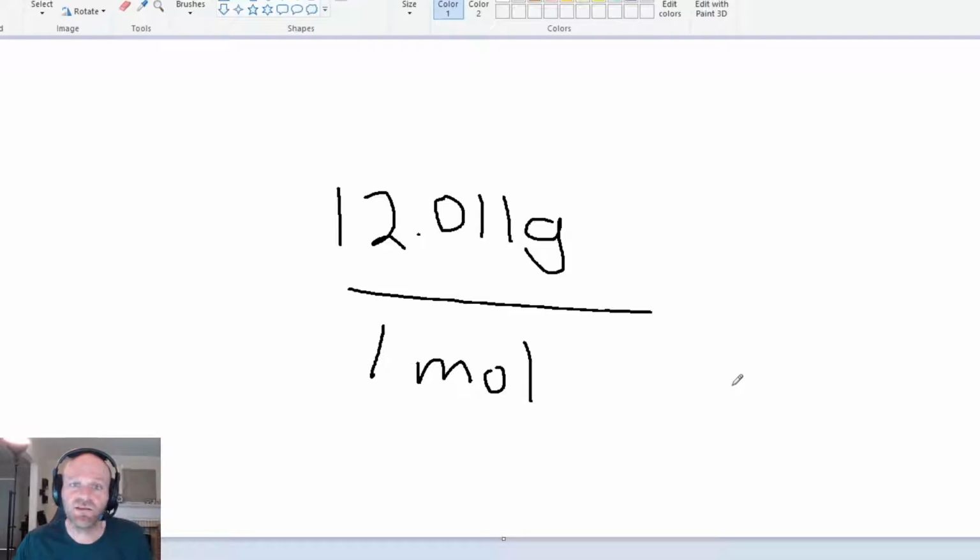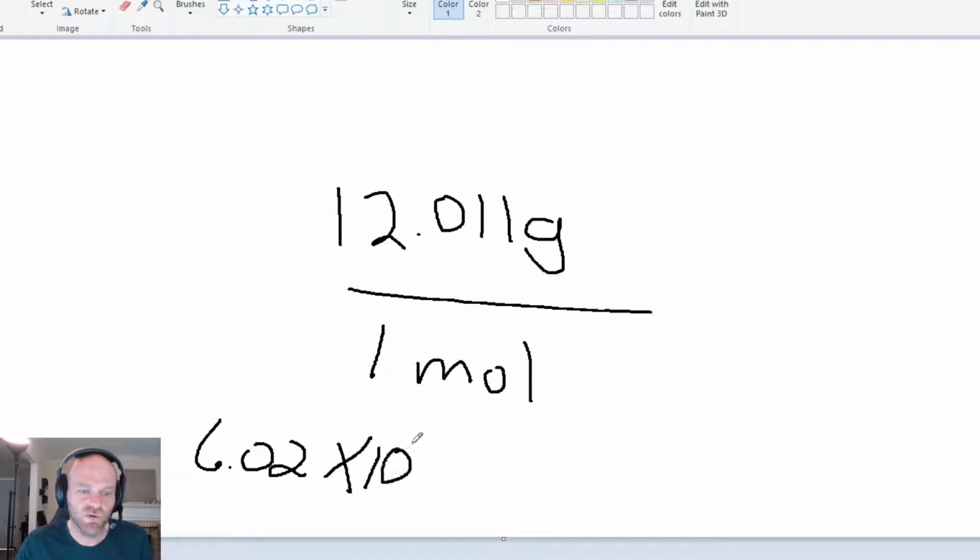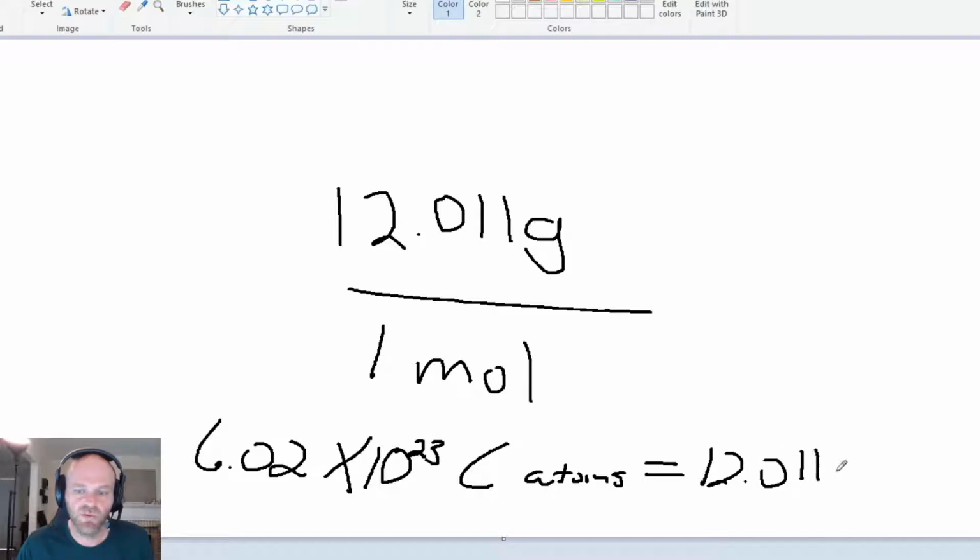So that many carbon atoms is equal to 12.011 grams. Okay? And so you'll use this conversion factor of 12.01 grams per mole, or whatever molar mass that you're using,